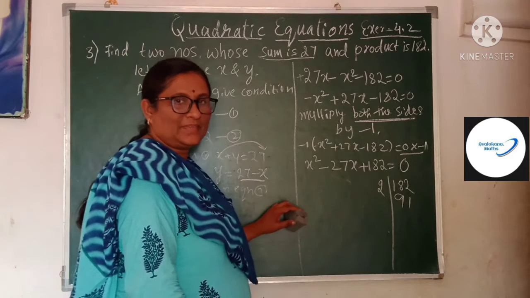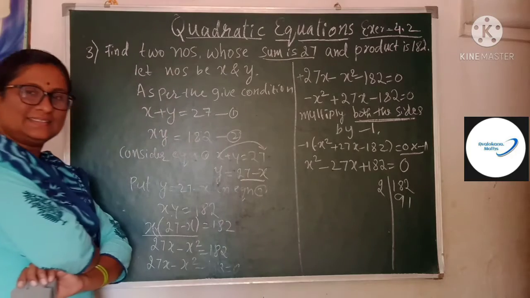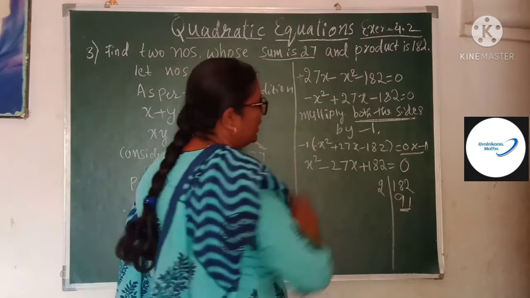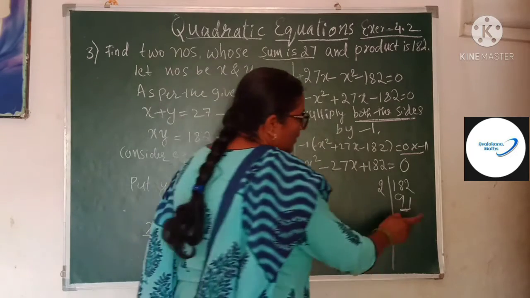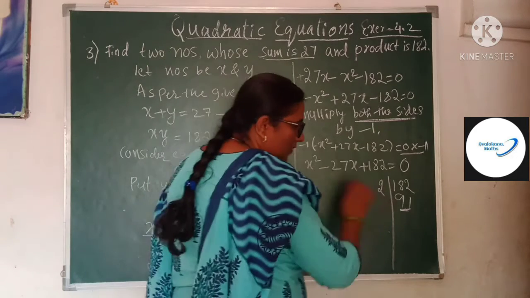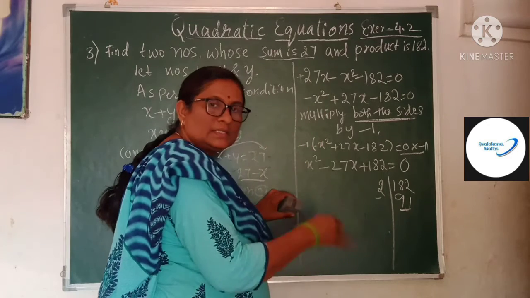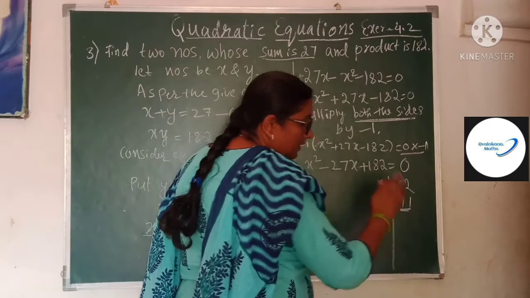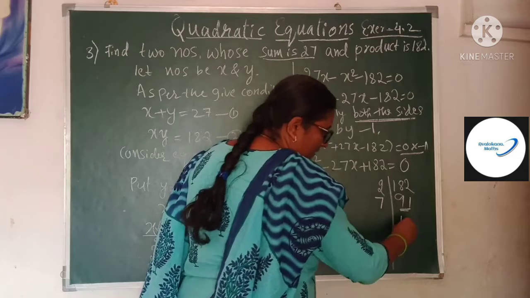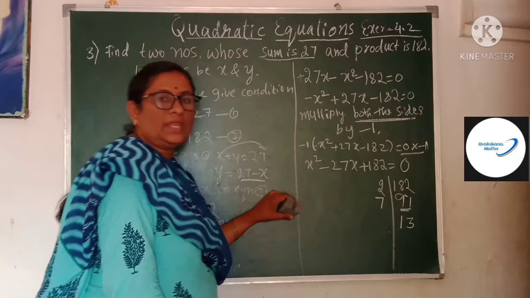Can you guess how to get this 19 or 1 as a factor? Yes, the problem comes here only. See, 19 2s you won't get this one. So how to get this one? The tables are not perfect. Then we have to check with 3. 3 3s will not come, 4 will not come. 5, 6, 7: 7 1s are 7, 7 3s are 21. Now we get it. This way you have to do.